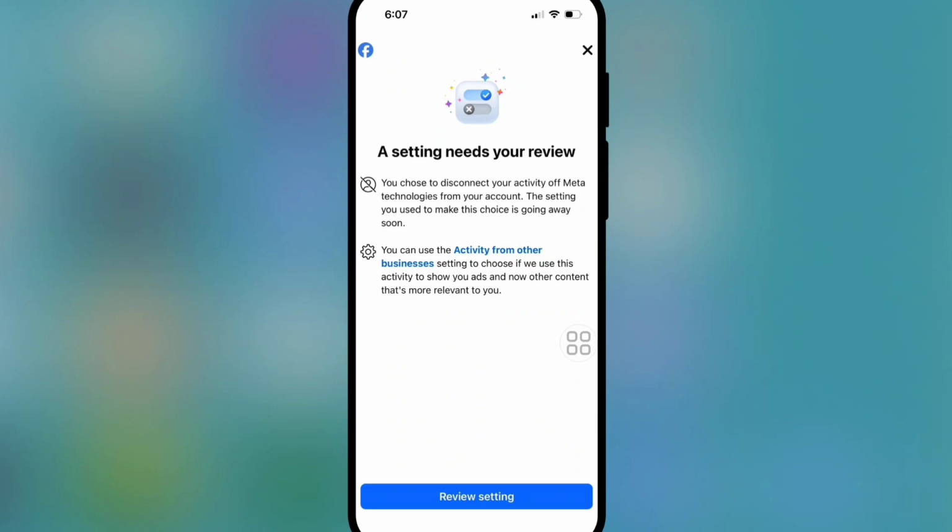In this tutorial, I'll show you how to fix the "settings needs your review" error problem on Facebook. For fixing this problem, first of all, click on the review settings option,